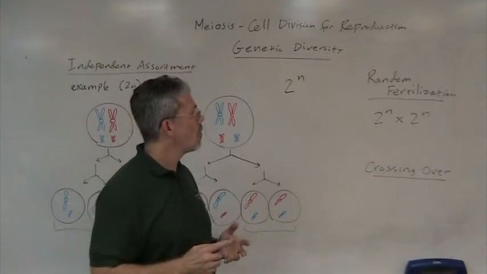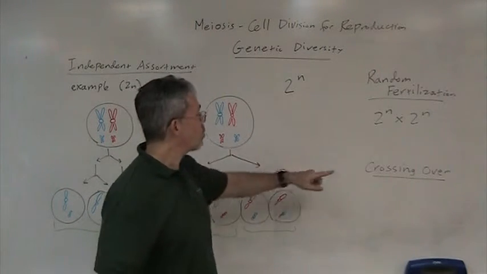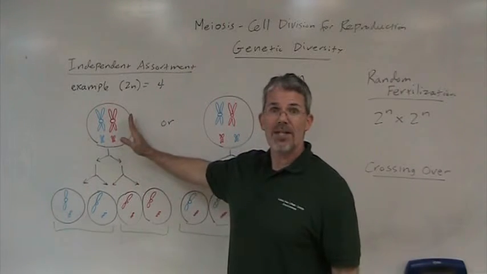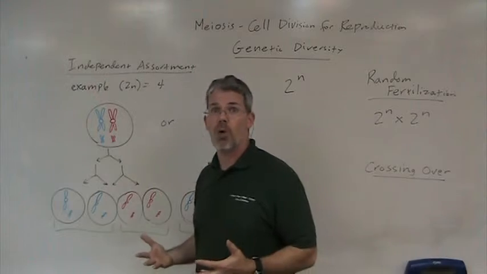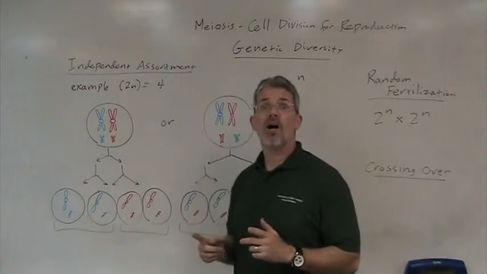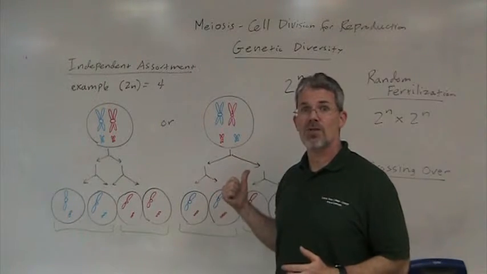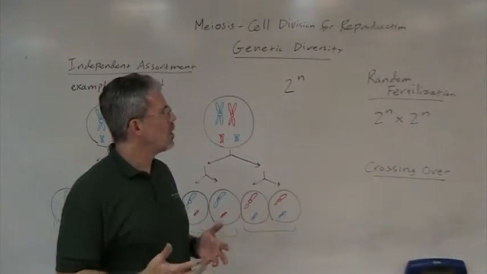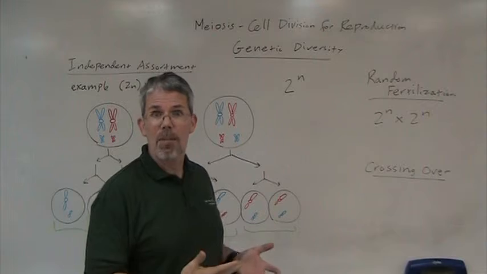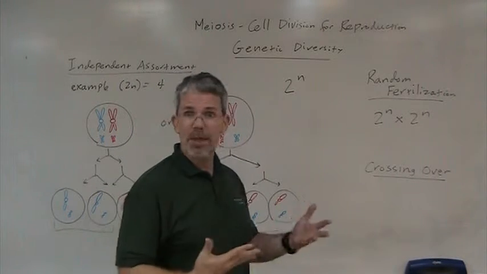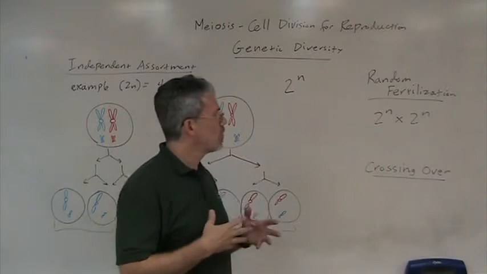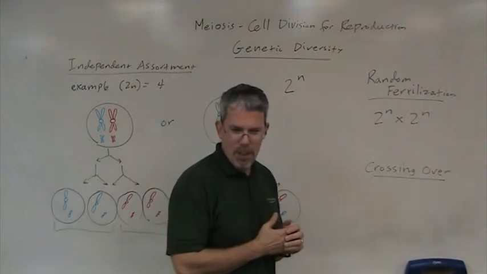But that's not all. These numbers do not factor in crossing over. Crossing over occurs even before this happens. It occurs during prophase 1. If you've only had 1 crossover, you've doubled all these numbers. And if the average number of crossovers per human homologous pair of chromosomes is about 2 crossovers per pair, then we're looking at somewhere in the neighborhood of